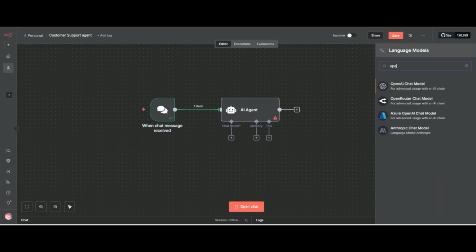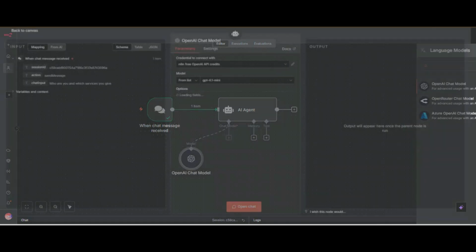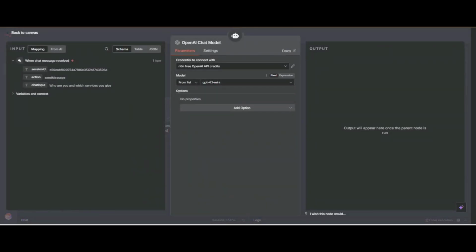I will search and click on it. By default n8n gives you free credits, but in the long term we need our own API key. So I will click on new credential.